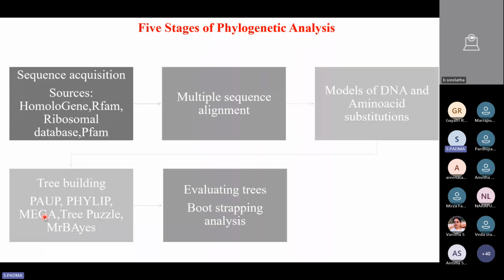The background they are going to use will be either the distance matrix method, or the parsimony method. In the majority of cases, it will be the distance matrix method. Most of these tools will be using the distance matrix method, and more precisely the NJ method, that is the neighbor joining method. So once your tree is ready, then you have to evaluate it,